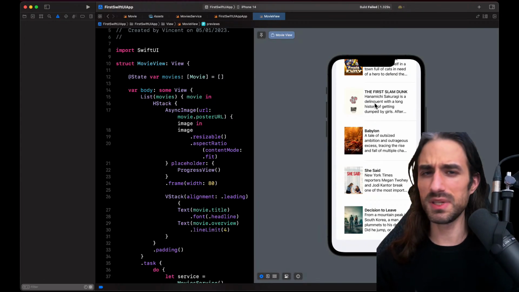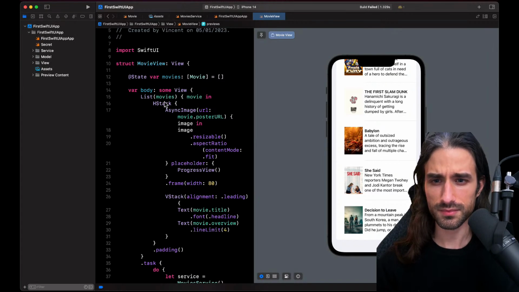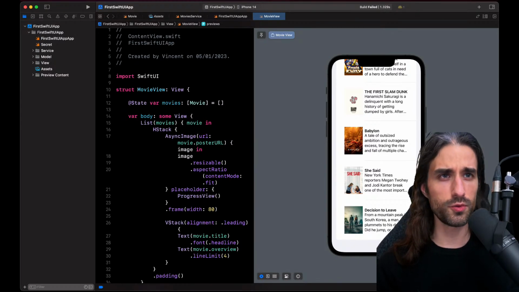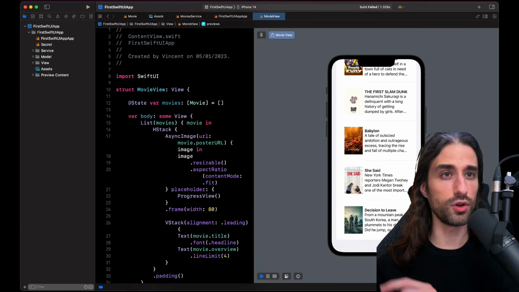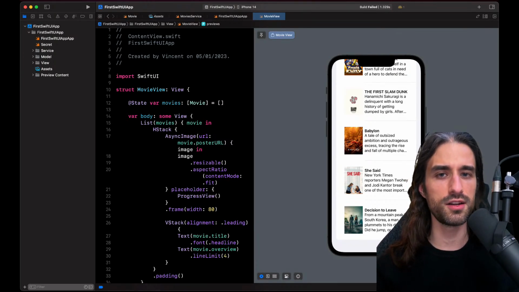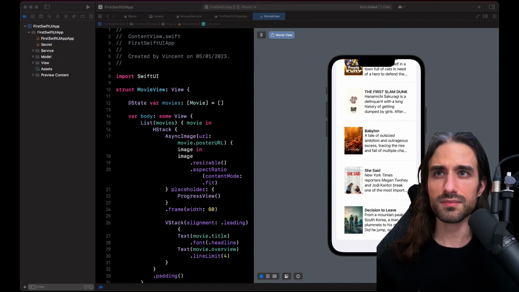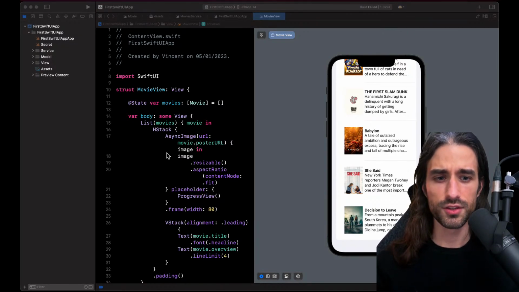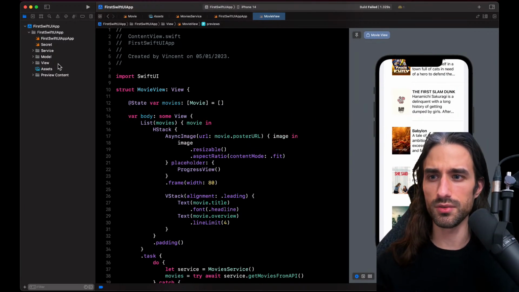So let's begin by introducing a view model. This view model will be useful to allow me to represent different states of the view, like a loading state while the network call is being made, an error state if there is an error, and a loaded state when data is available. So how can I do this? Let's start by creating the view model.